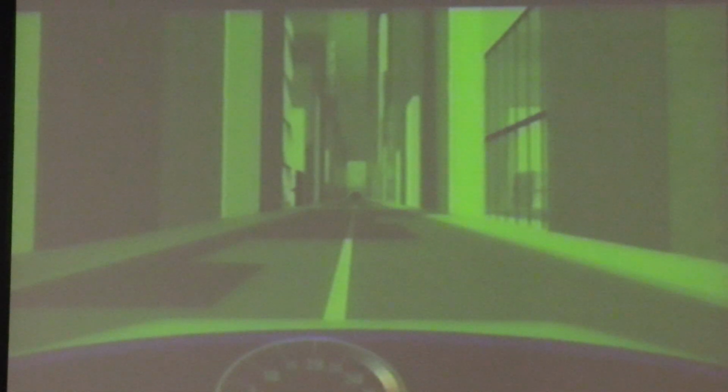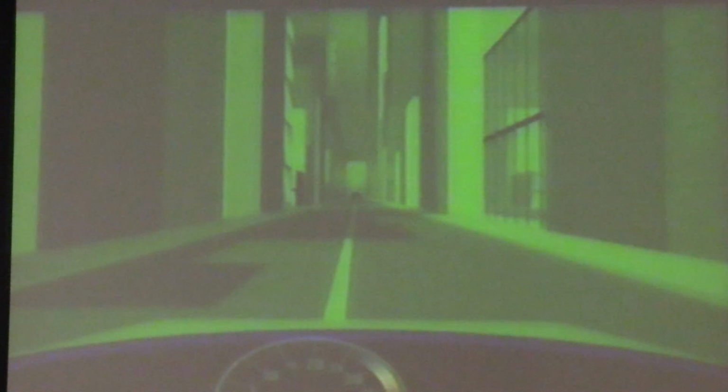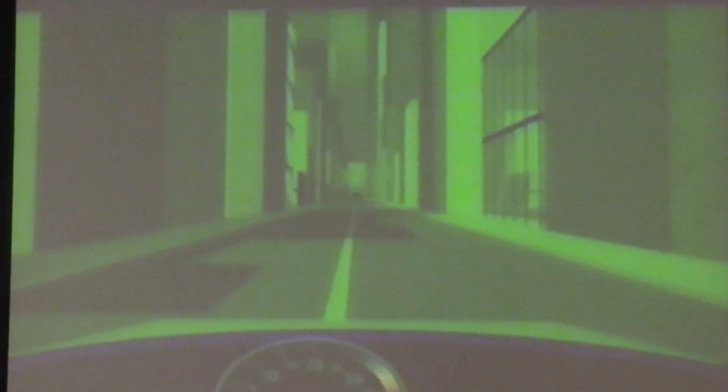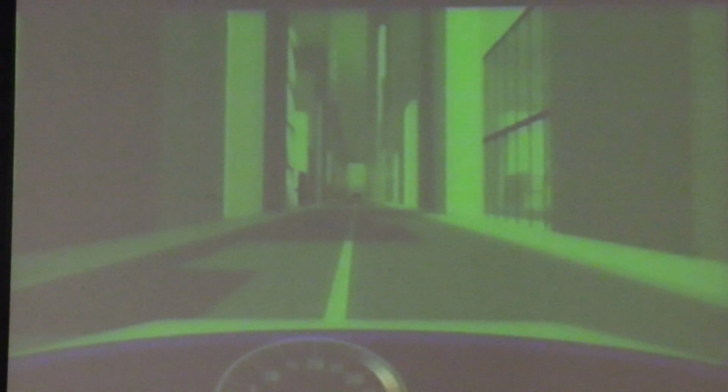To better illustrate this effect, we're going to turn our city a monochromatic green, a frequency that is in the middle of our range of color vision. Back in the car, we expect to see color changes in our surroundings as they move relative to us. We will accelerate very slowly because the effect is very quickly obvious. At a rather slow speed of 7 kilometers per hour, the full spectrum of our vision surrounds us, ranging from